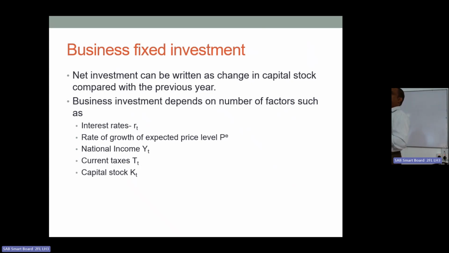So people wait and see. That is called real option theory. According to real option theory, if there is uncertainty and the risk factor is high, people wait and see. They are not going to invest in big projects. That is what is happening. So even though the interest rate changes,